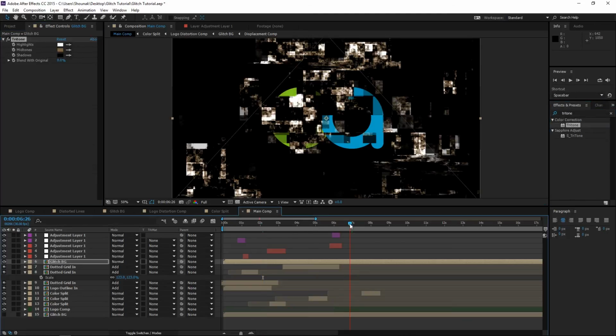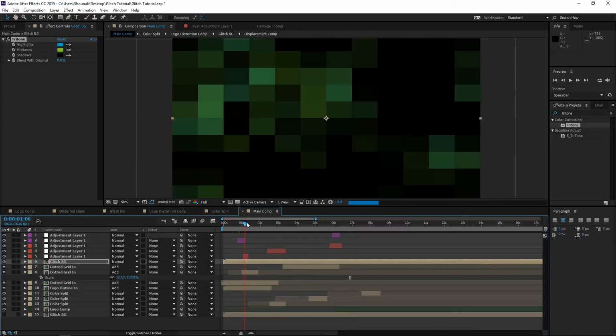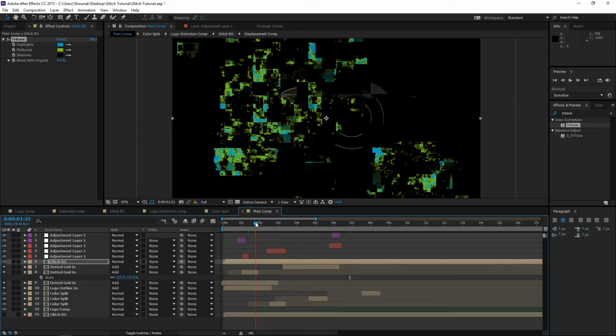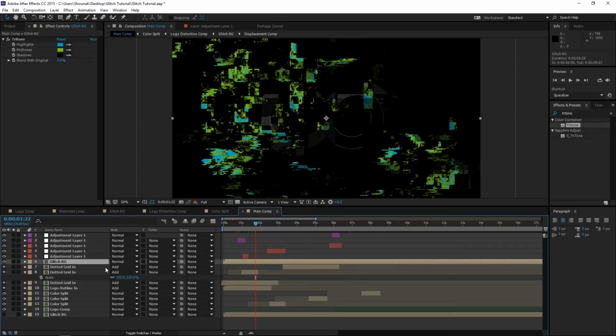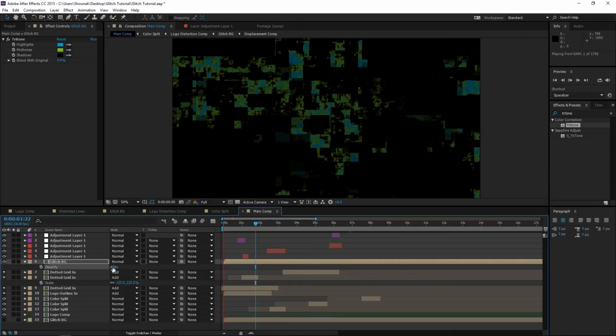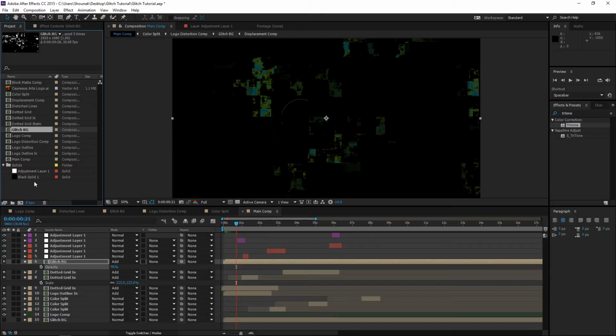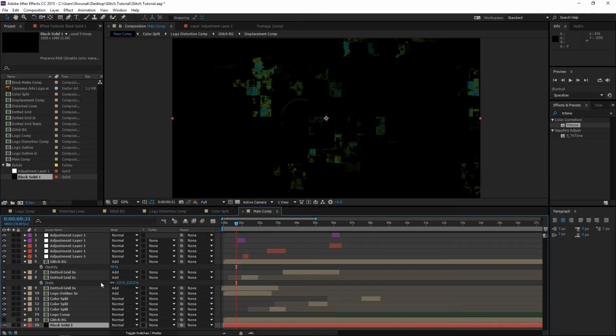And for this example, I'm gonna change the midtones to green and the highlights to blue. So we have a BG that is glitching as well. Now it's a bit too strong, so I'm gonna change the opacity to 40%. Change the blend mode to add. Let's give this a background as well. Drag the black solid down